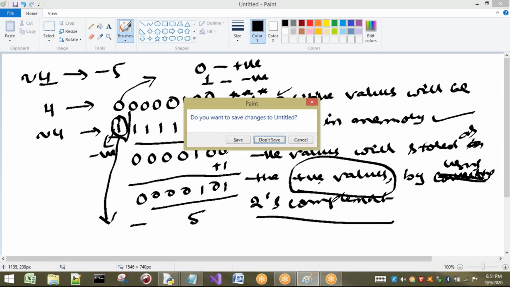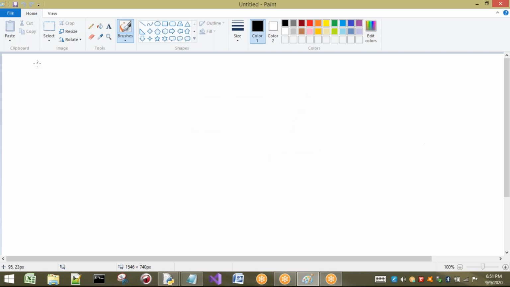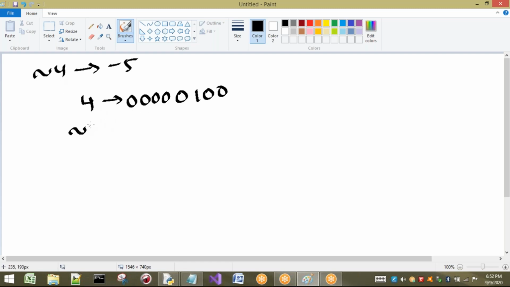Now I will repeat the same example here, but listen carefully. The complement of 4 will give you minus 5. First I have to take the positive value of 4. What is the positive value of 4? Generally 1 0 0, 3 bits will be enough, but I will take a total of 8 bits. Not only 8, you can take n number of bits, no problem, but for representation I am taking 8 bits. Next, first I have to do the negation, that is the complement of 4. All bits will be converted, zeros into ones and ones into zeros. So 1 1 1 1 1 0 1 1.